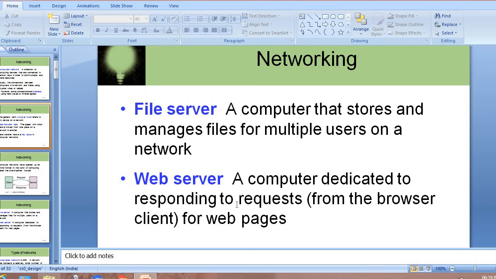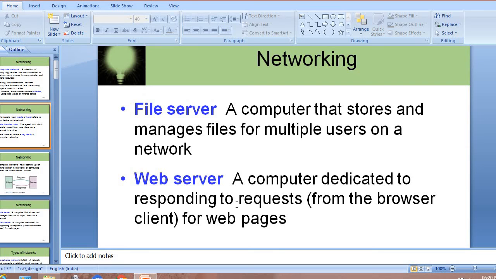When multiple users are using the network, the server that manages and stores the files that all the users utilize is called a file server.